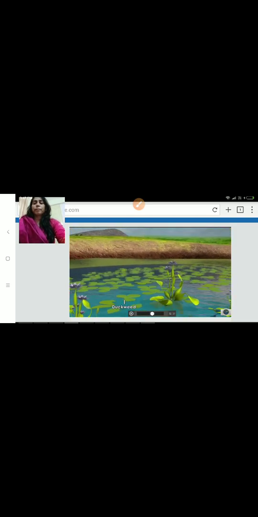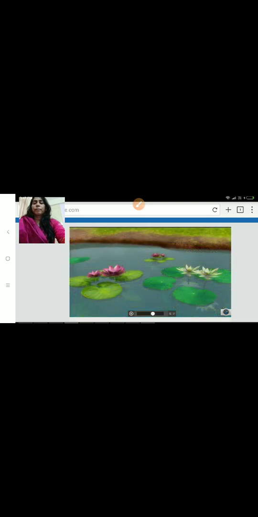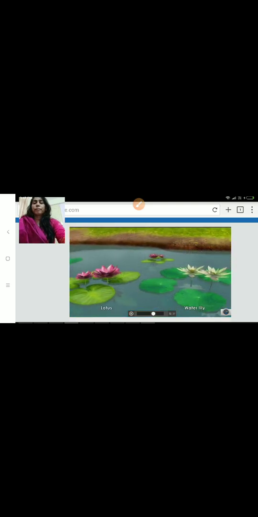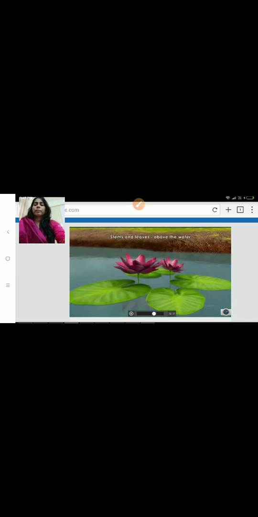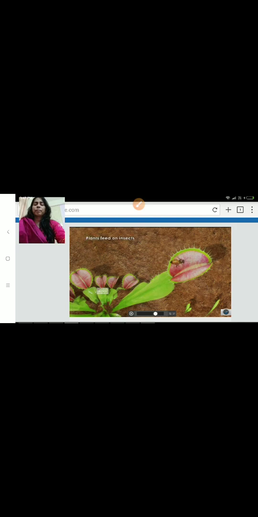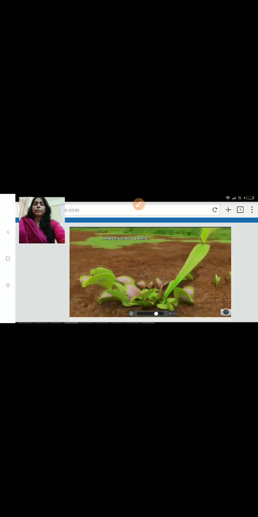Plants that are found in water are called aquatic plants. Plants such as duckweed and water hyacinth float in water. Lotus and water lily have their roots fixed to the bottom of the pond, but the stems and leaves will be above the water. Tape grass is found underwater. Some plants feed on insects and are called insectivorous plants.